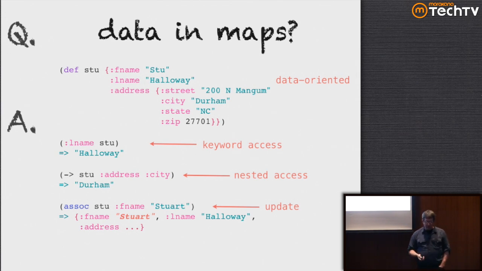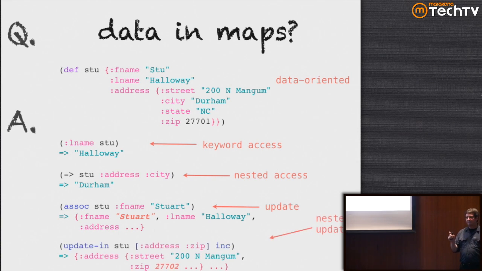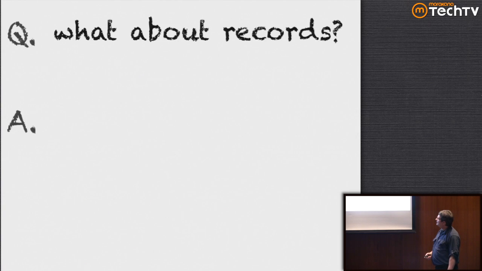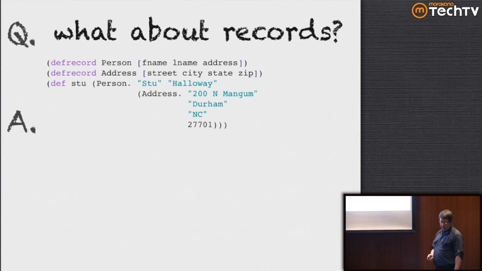If I want to do an update here, I can say do an update for Stu and give him a new first name, Stuart, instead of Stu. When I do this update, notice I'm not doing this in a transaction. What it's doing is returning me a new data structure. So this is immutable, just like you'd expect. It's sharing all the common parts, but it is returning a brand new data structure. And the old one is still there because nothing ever goes away. And you can also do nested updates as well if you want.